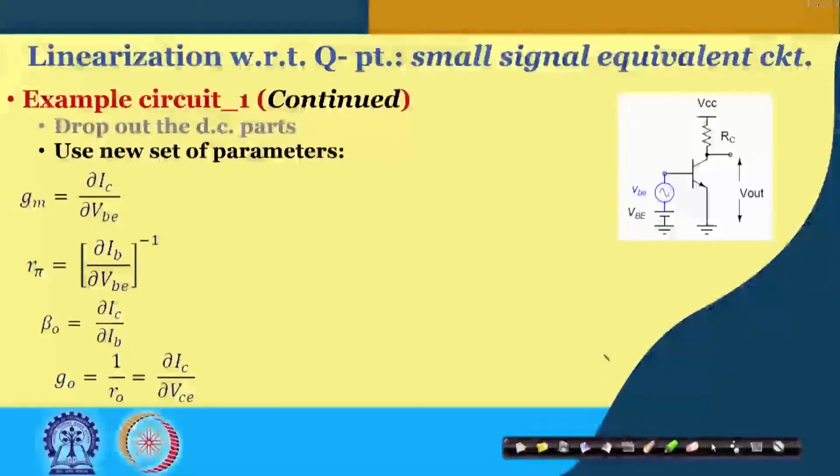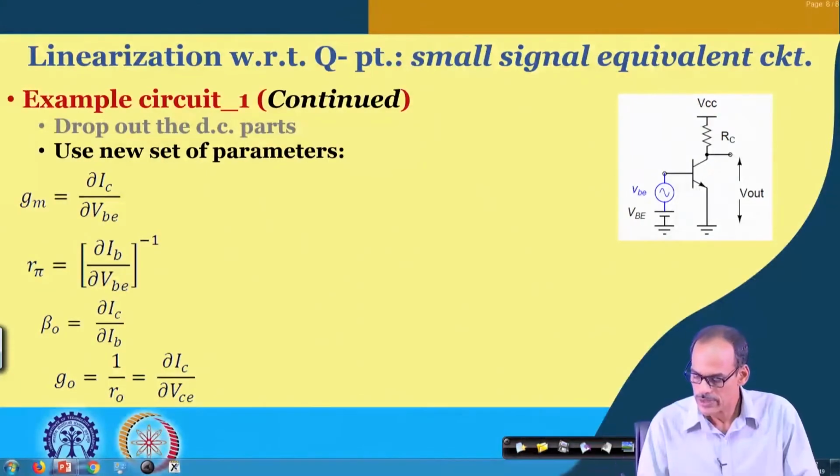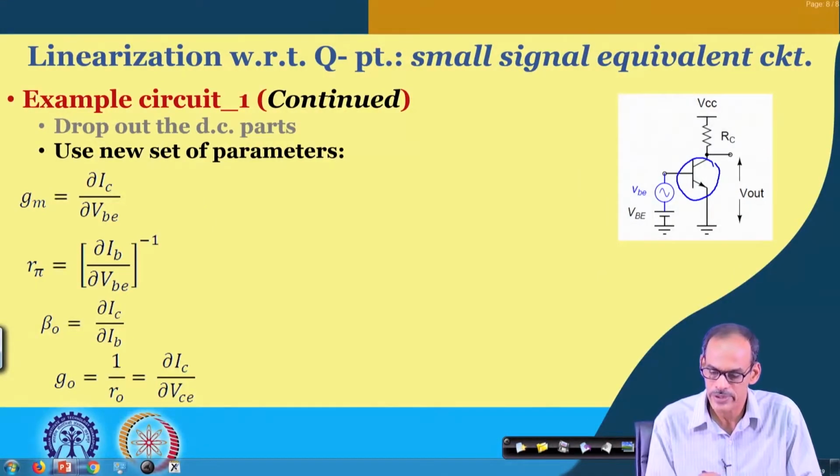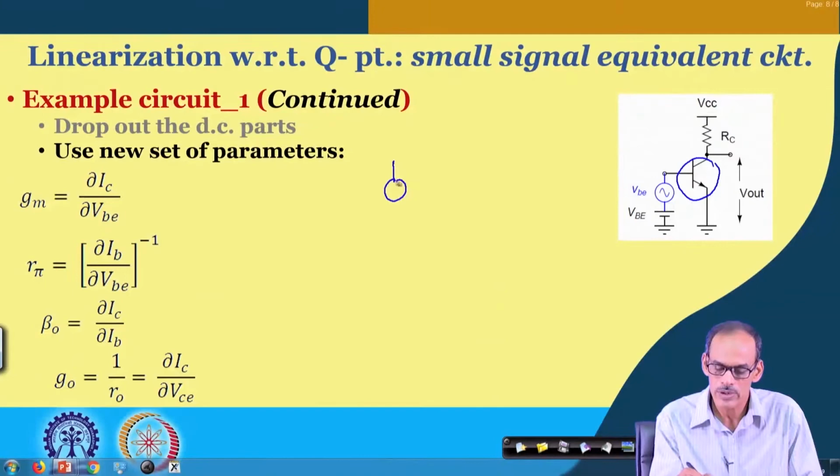So, welcome back after the short break. What we are discussing is the small signal equivalent circuit with respect to the operating point, which is basically linearization. We are talking about how, once we have the circuit, we linearize the circuit. Whenever we are considering the small signal equivalent circuit, if I quickly draw the circuit, we